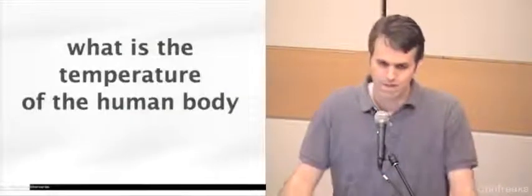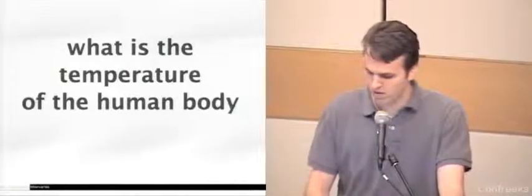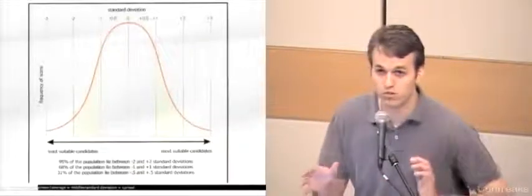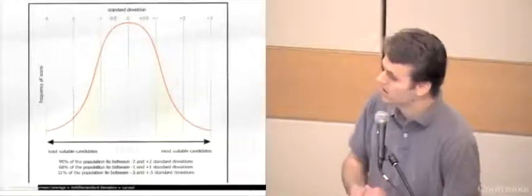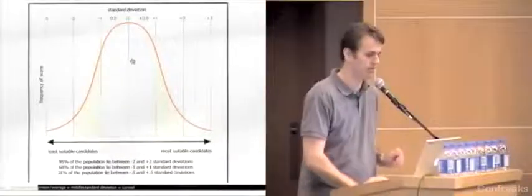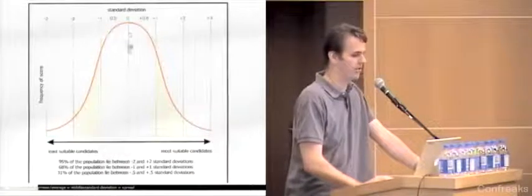So for instance, if I ask you, what is the temperature of the human body? This isn't actually just one number because that temperature is going to vary. We say, well, it's about 98.6 degrees Fahrenheit, but we'll see, well, it's distributed. So this is the standard normal distribution that we're all used to, the bell curve. So the things that we can learn from this, can you see my pointer? Good. The 98.6 would be right here at the average.